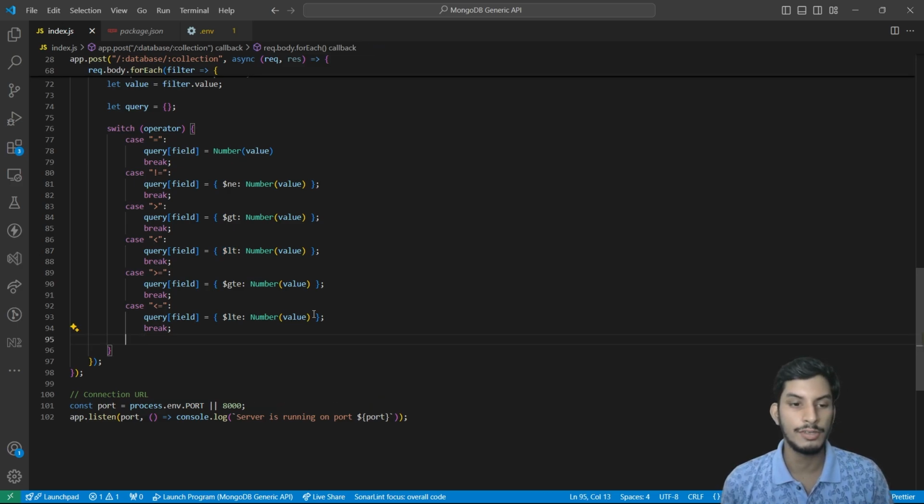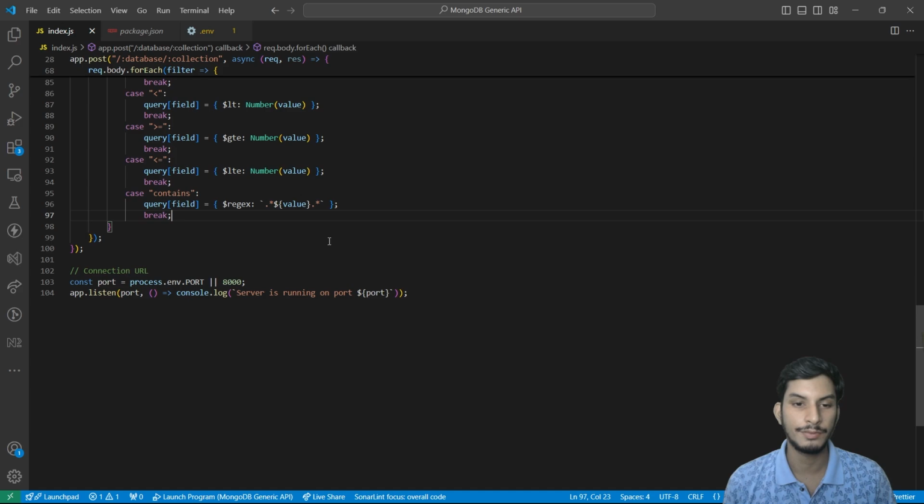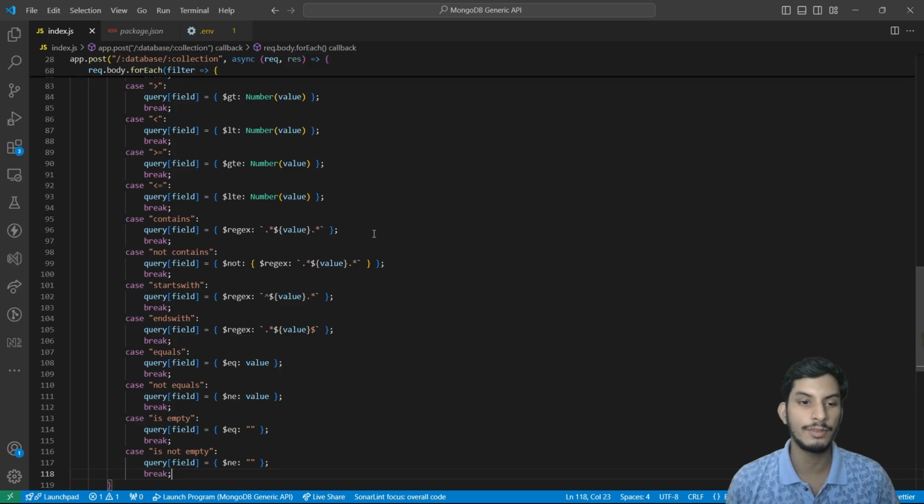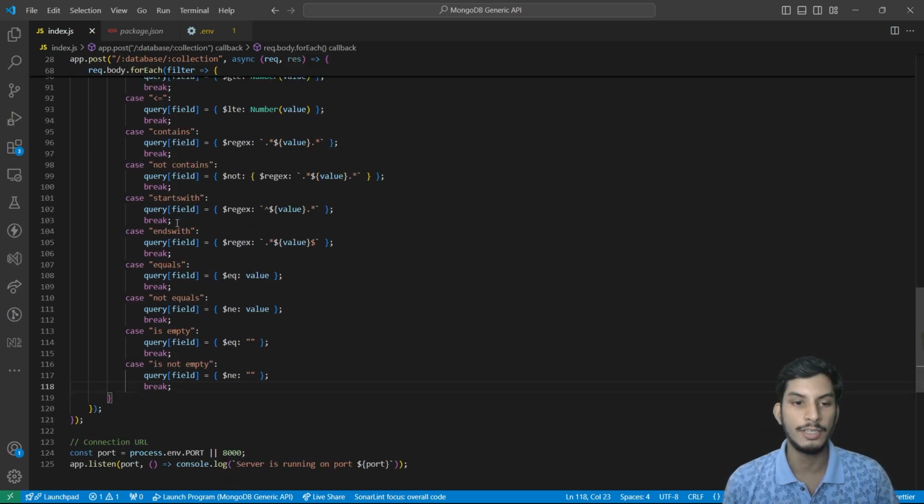Now for string operators, we have to use regex. So here I am checking if this value is there or not in our field, and it can be this value. After and before this value there can be any number of characters. So to indicate that I am using dot star. You can find out more about regex online. Similarly, we have not contain, starts with, ends with,